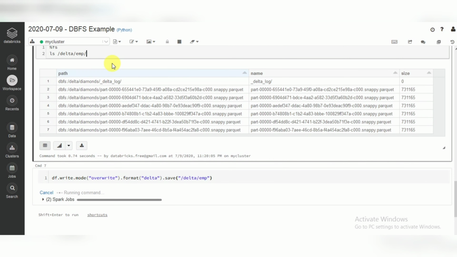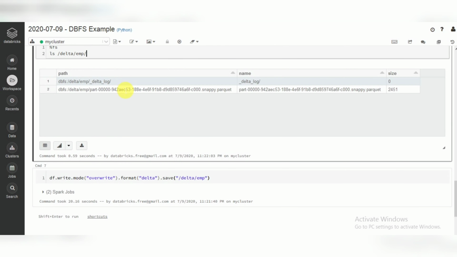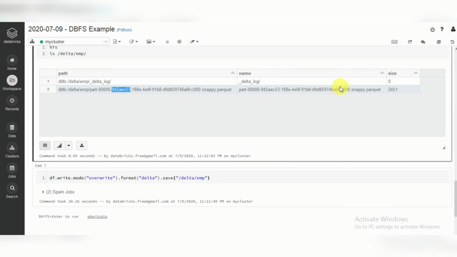Okay, now the table has been created. Here you can see the parquet file has been created, and the size also you can see. This is the delta log file, and this is the data file. So like this we can go for using